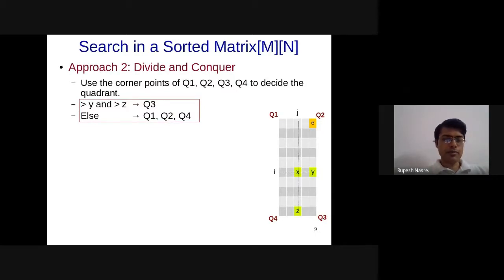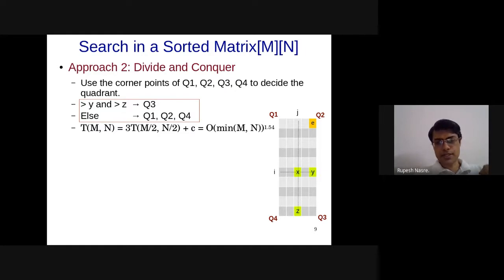And what will be the complexity of such an algorithm? Well, I can find it out. For example, T of Mn: in the worst case, I am going to search 3 quadrants instead of 4 as last time. So I say 3 times the complexity of 1 quadrant, where m by 2 and n by 2 are the 2 dimensions, so that we get a smaller one. And then per quadrant, I search a constant number of elements. So I get the minimum of Mn raised to 1.54.